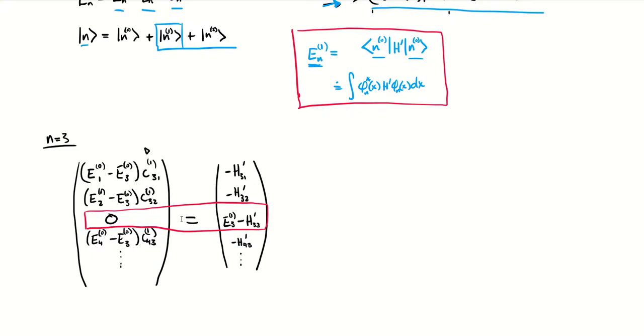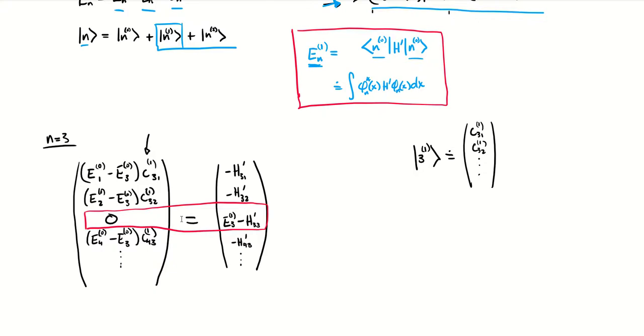Basically, what we're doing is we're going to end up solving for these C3 terms. If you recall, these C terms, that was, for our first order correction to the n equals 3 state, written as just a column vector where those are the elements of it, right? So we're going to use the rest of these equations to solve for those, and that gives us our first order corrections to our energy eigenstates.